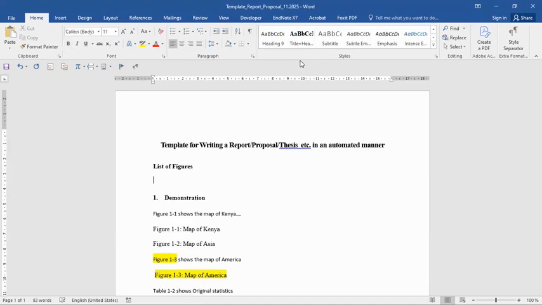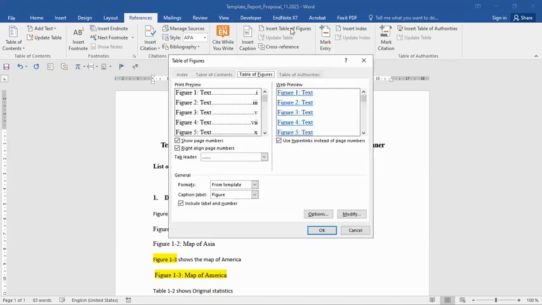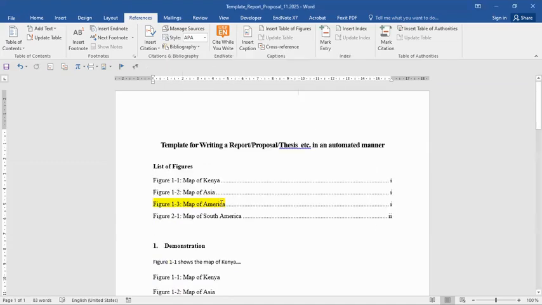figures, so that below this heading I can insert the list of figures by clicking on reference, then insert table of figures. There it is. So we choose the caption label is figures, so we retain that because that is the list of figures. Then we click OK. So what happens here is that all the figures we have in our document appear here